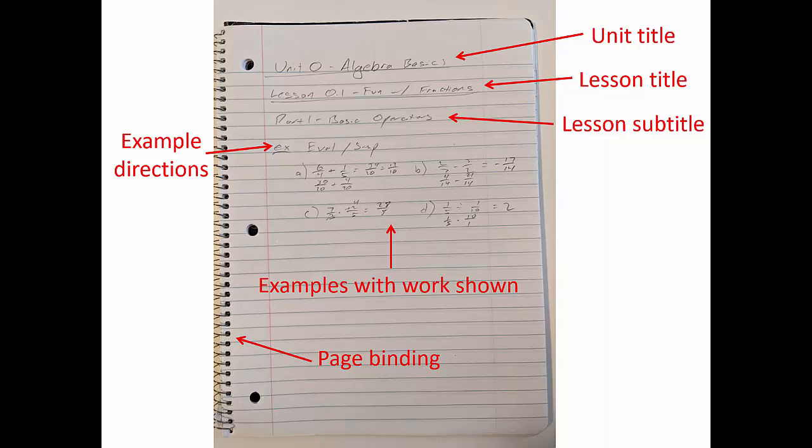I highly recommend spiral journals for note-taking. They allow me to keep my notes organized. They prevent me from losing pages of notes. I don't want to be in a situation where I'm looking for a particular page of notes and I have the page before it and I have the page after it, but then the page I'm looking for is completely missing. By using a bound notebook, I'm much less likely to lose notes, and all of my notes will be